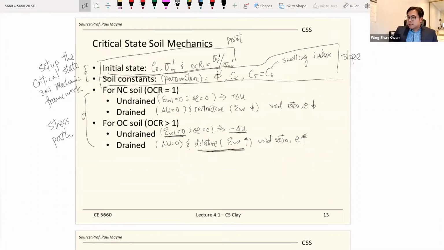So this is a very good summary. By knowing the initial states, which means the initial Y ratios, the initial stress. The Y ratios also mean density. So if you know the initial density, if you know the stress, then pretty much you know one